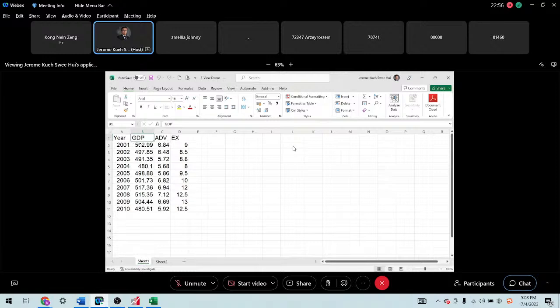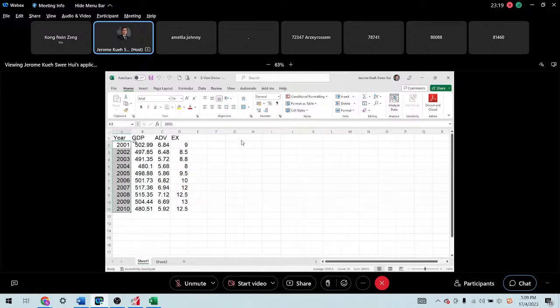So we start with a very simple, short time period to give you an overview of how to transfer all this data into eViews. This is how it should be set up. Time series is one country, but across different years.